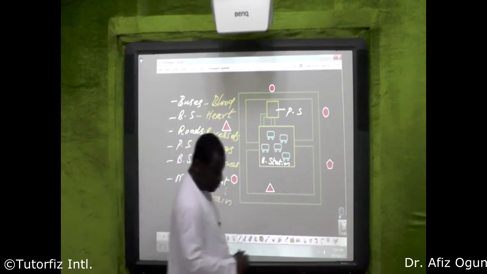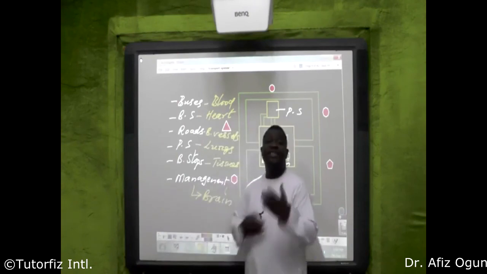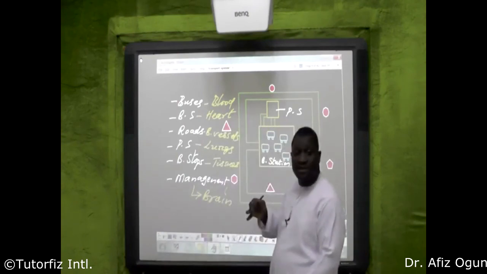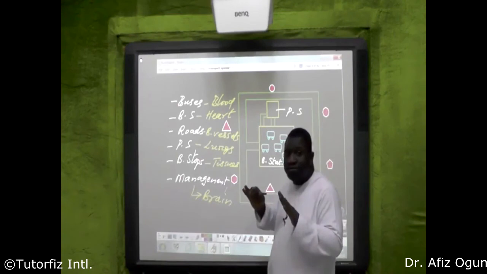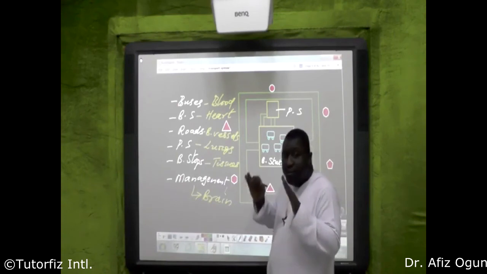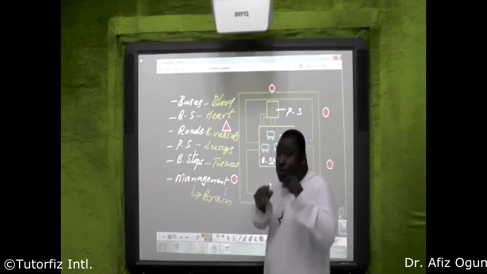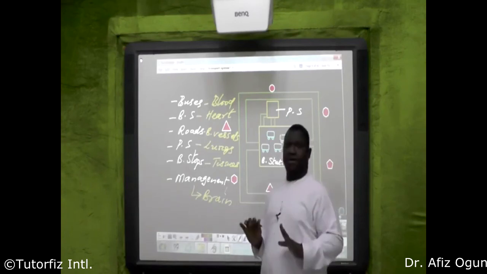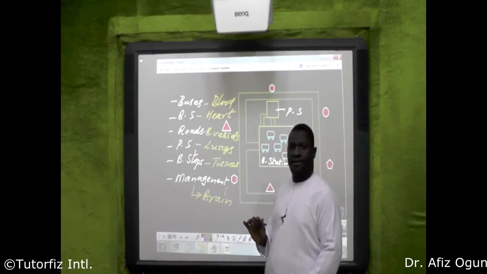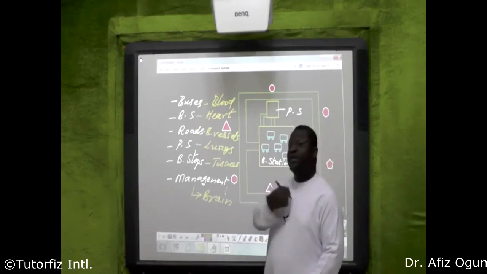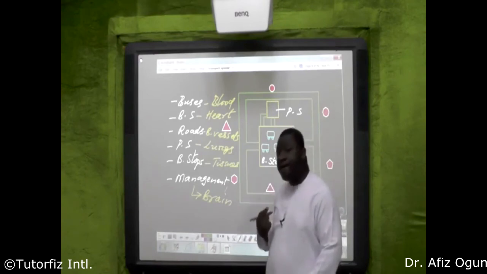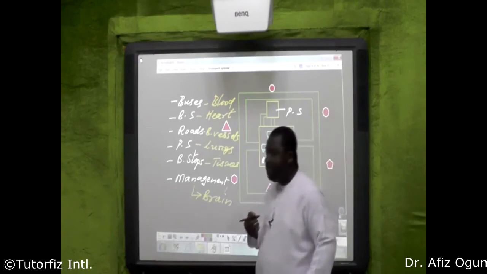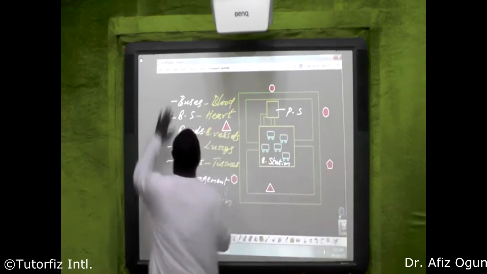The brain. We can now see that the transport system in our city is built according to what you have in you and what I have in me. Town planners plan this like this according to the transport system in you and I. But the main components of this transport system,